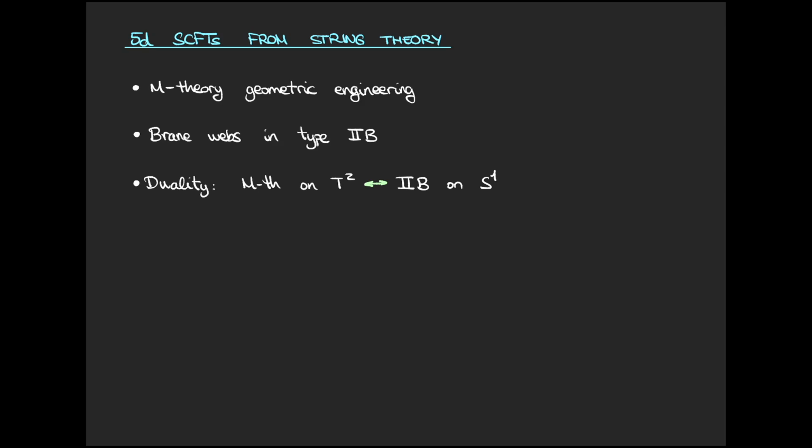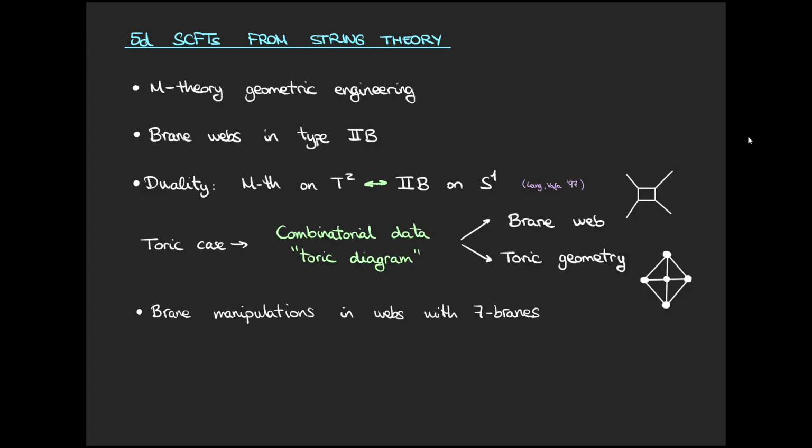We know that 2 of the main tools that we have are M-theory geometric engineering, where we translate the geometrical properties of some Calabi-Yau threefold to the field theory, or webs of fivebranes in type IIB, where you also understand properties of the field theory by moving branes around and so on. But we know that M-theory on a torus is the same as type IIB on an S1, so these 2 approaches should be related, and indeed, for example, if we restrict to the case where the geometry is toric, then